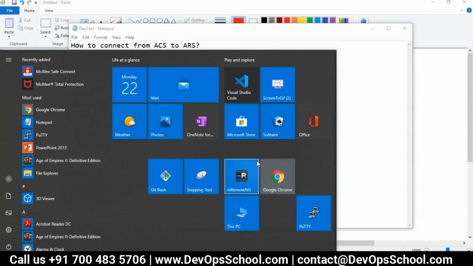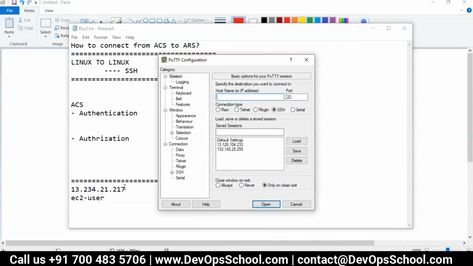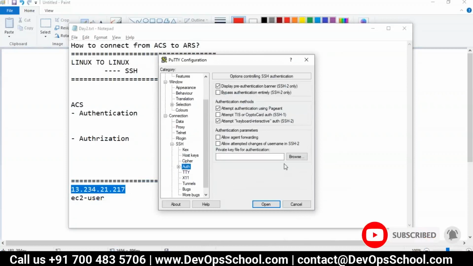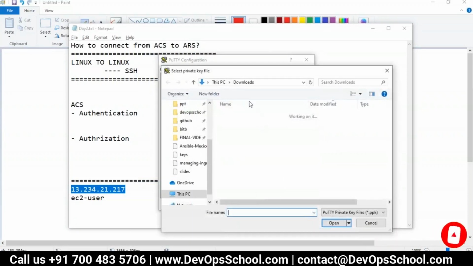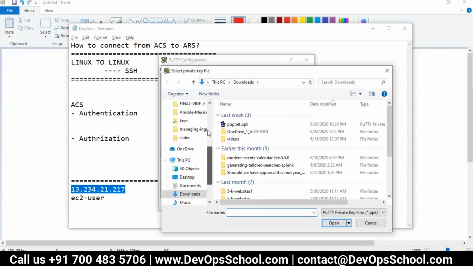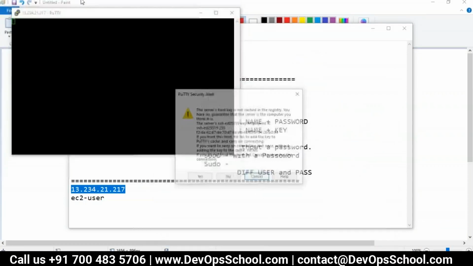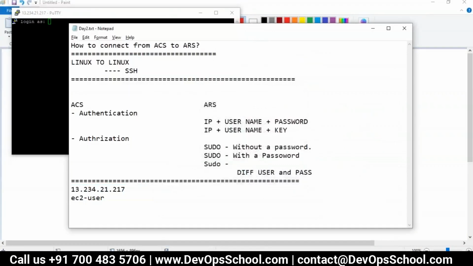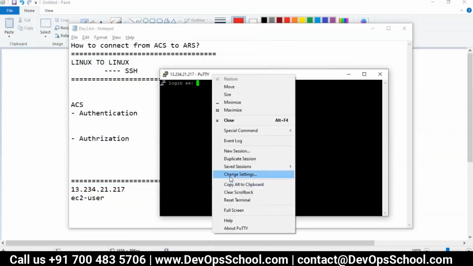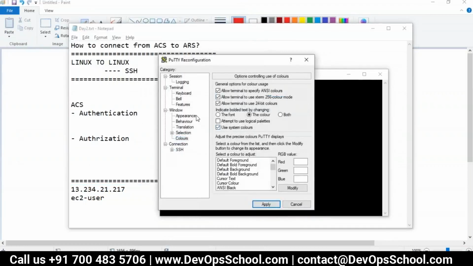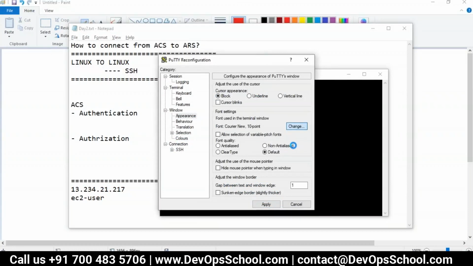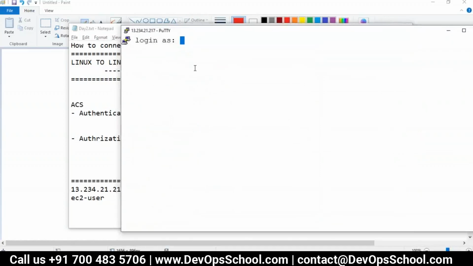So here, yes, let's improve the view a little bit of it. And here